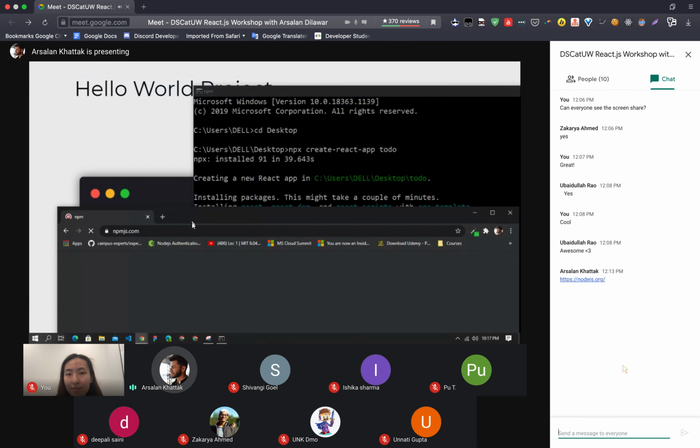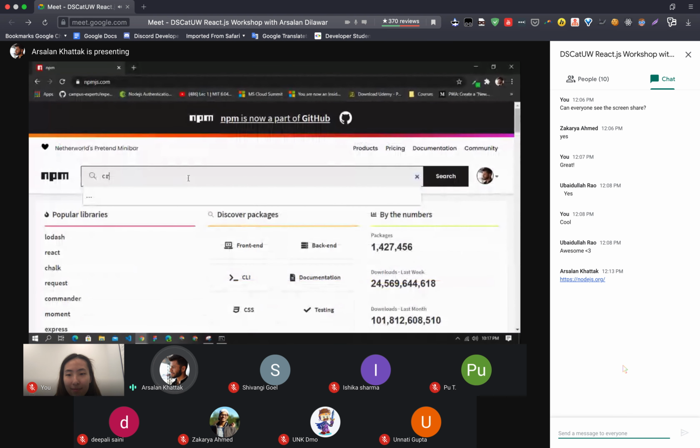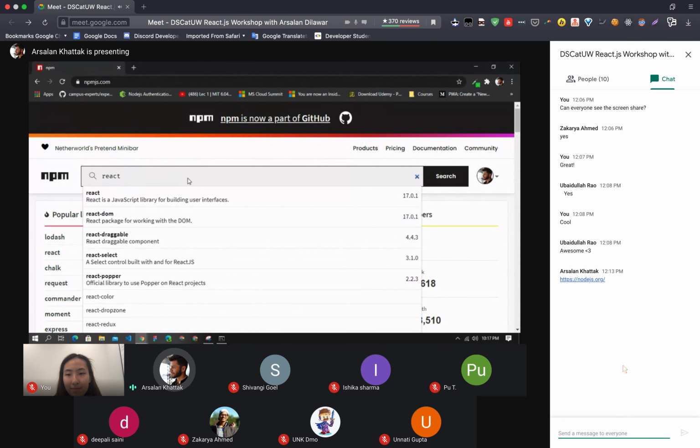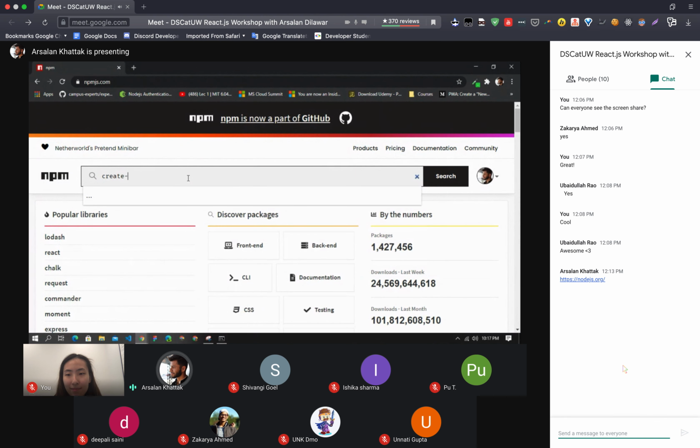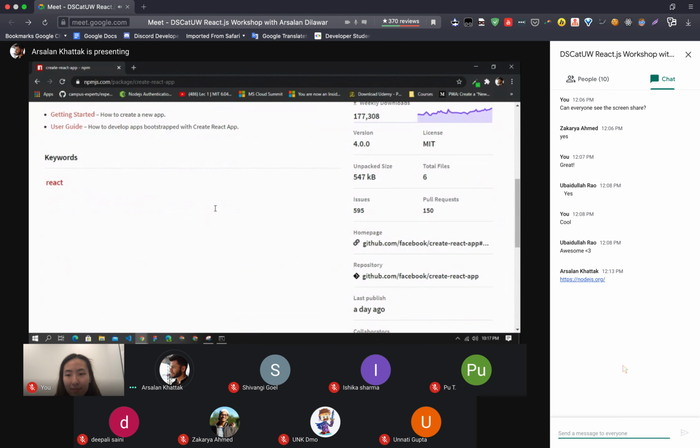So right now, this command, npx create-react-app, is fetching the files for React.js from the server of npm. If I can show you here, this is a package that we use to fetch the React.js files and install them in our to-do folder.